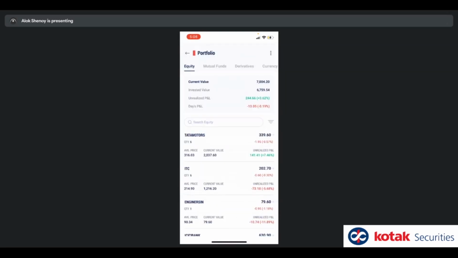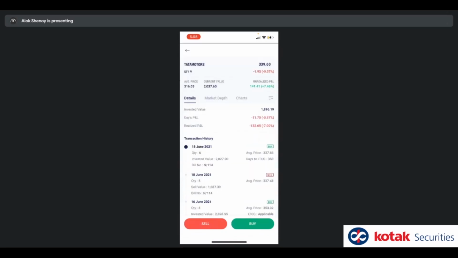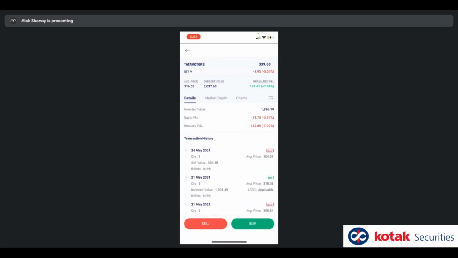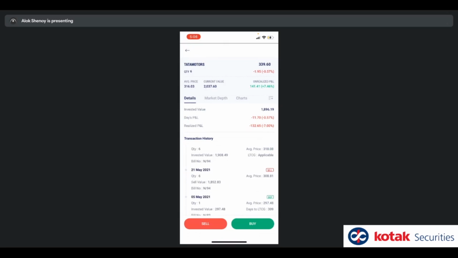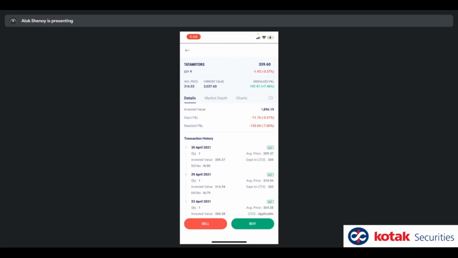Okay. In Tata Motors, I might have bought Tata Motors, for example, over multiple days, right? So in that case, you can see the entries in transaction history over here. And for each of them, I'm being informed whether LTCG, long-term capital gain tax, is applicable, or whether I'm a few days away from it. So it tells me that as well. It tells me what was my quantity of purchase, what was the buy-sell value. Everything is listed in this view. You can also see your realized PNL if you've made a sell transaction, right? Day's PNL is also visible, as you can see. You can also do a buy-sell from here, okay?